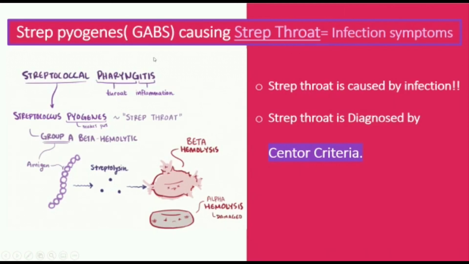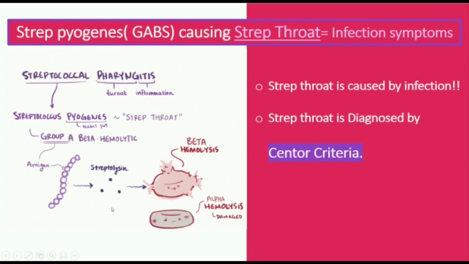And then starting with the first important disease, which is strep throat, that is caused by Strep pyogenes, group A beta hemolytic. This Strep pyogenes will secrete an enzyme called streptolysin, which will cause complete hemolysis of the RBCs. And it's important to know that Strep pyogenes secretes streptolysin because you can screen for it by ordering an ASO titer